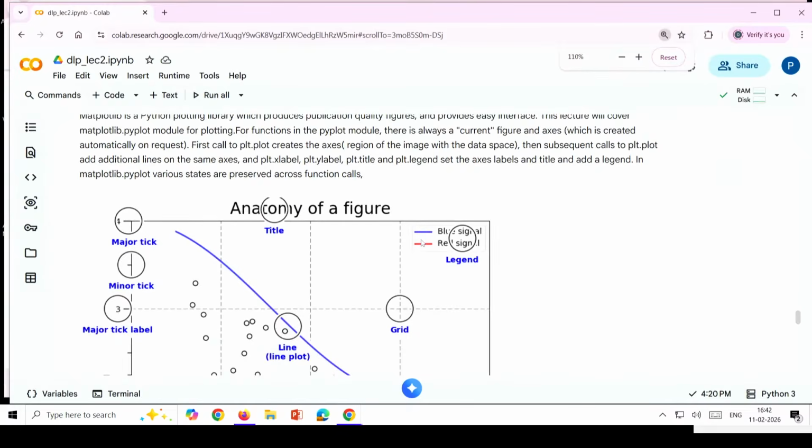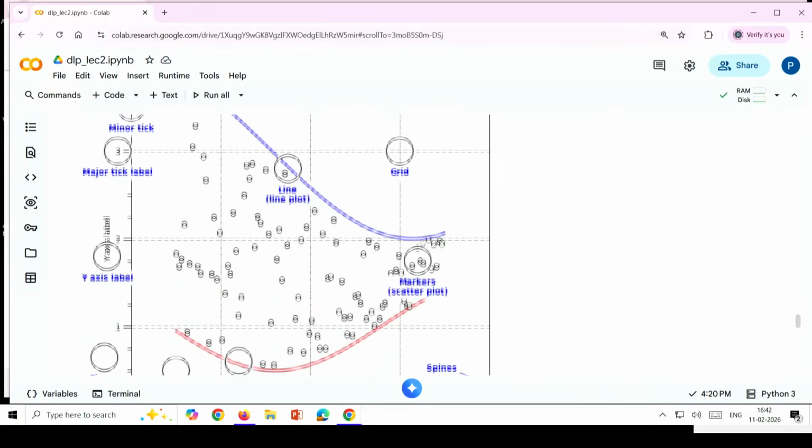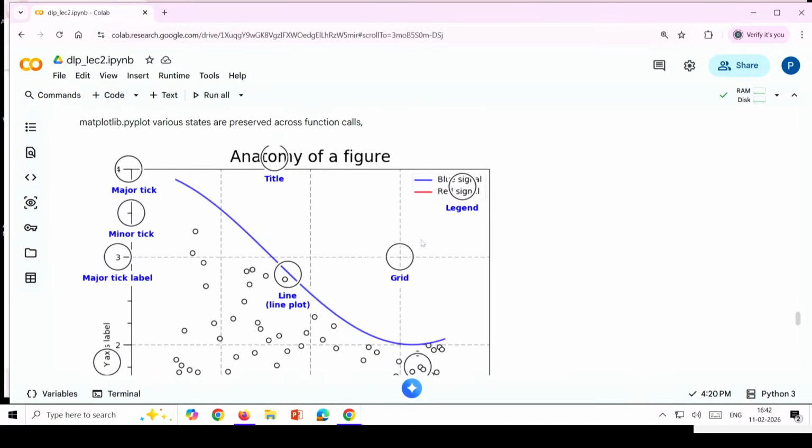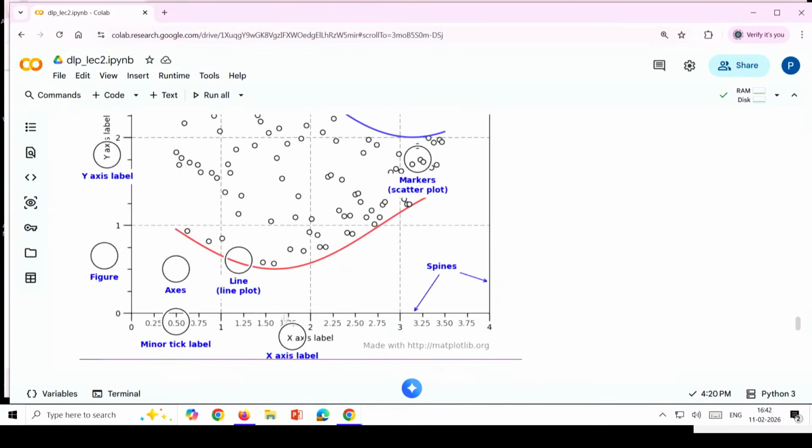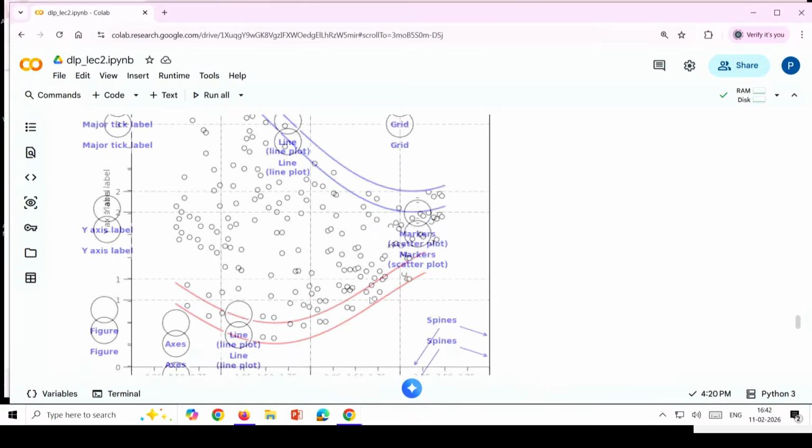So this is the overall anatomy of a matplotlib chart. The entire thing is called a figure, right? In the figure, the drawing area, the entire canvas, is called a figure. We can break the figure into small pieces that we call axes, and inside that, if you want to create multiple subplots, these are the axes, x-axis and y-axis, and these are markers and all you can put on the